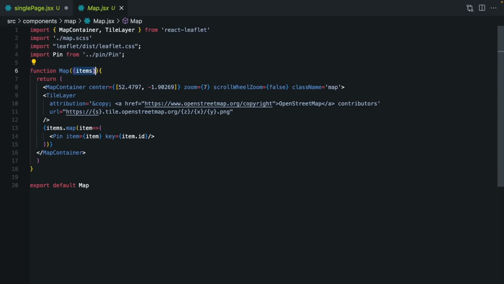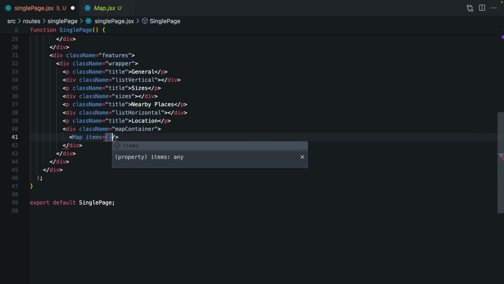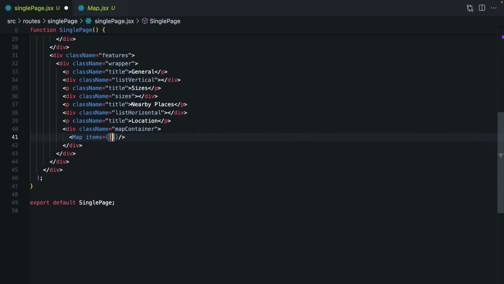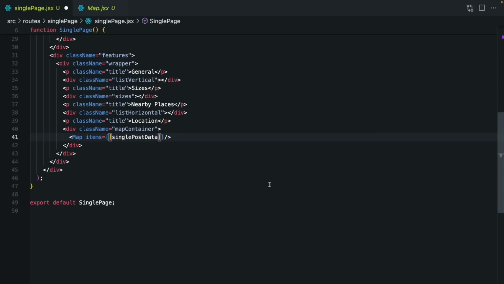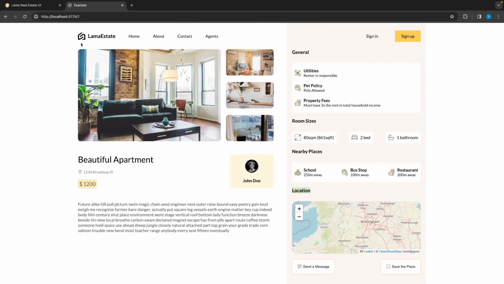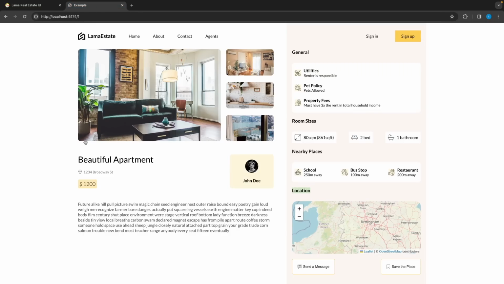We are taking the items, but in the single page, we have only one item. I will say items. I will add here an array and send my single post data. Of course, we cannot see it right now because we don't have any size. It can stay like that. And after location,